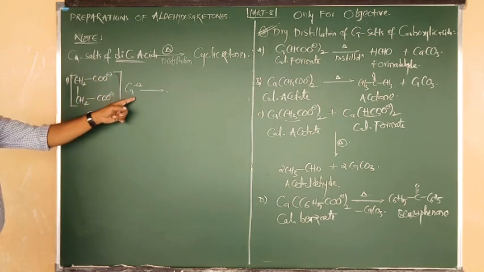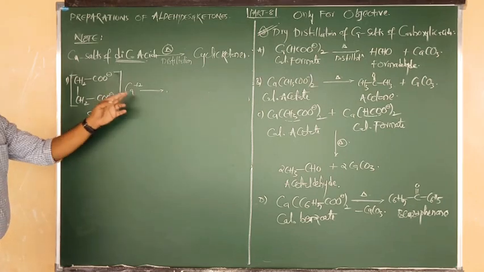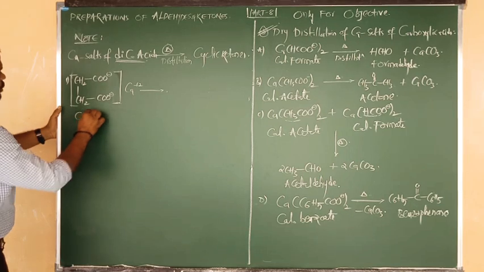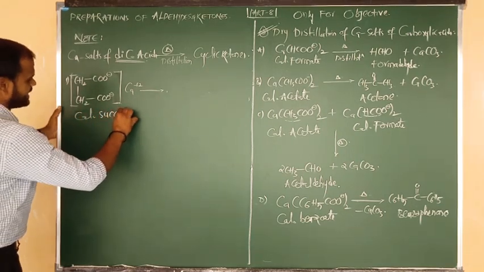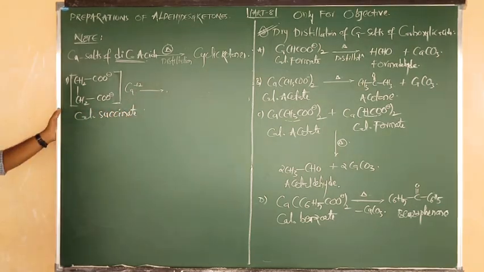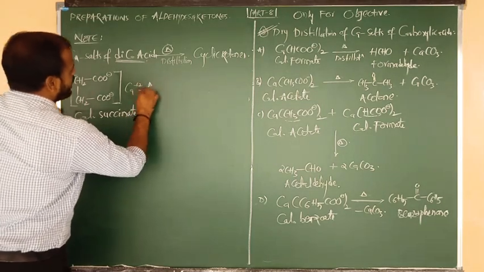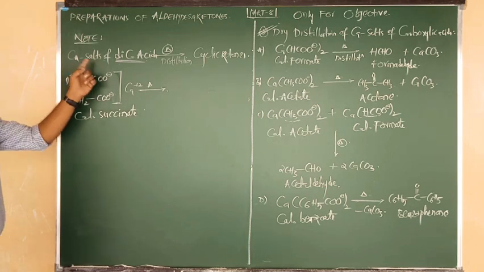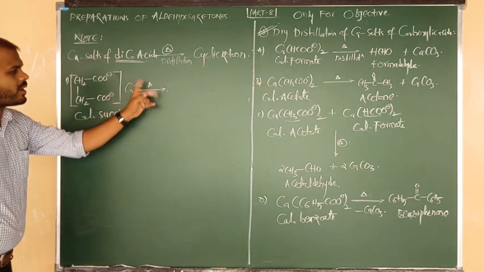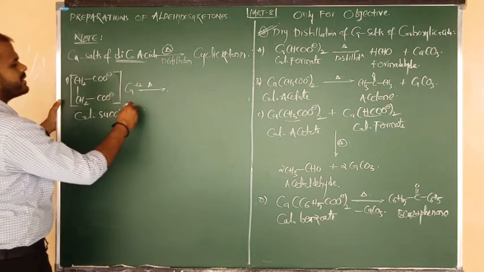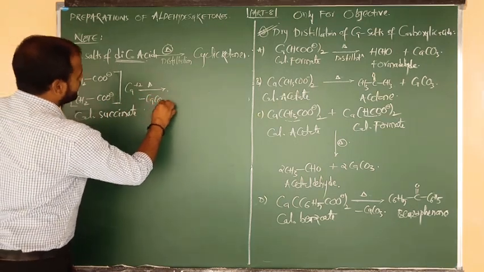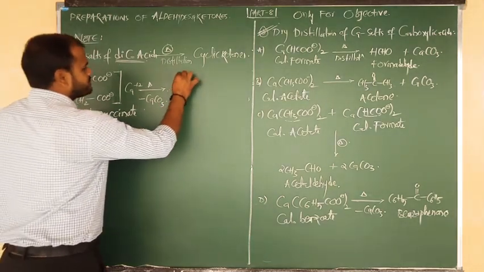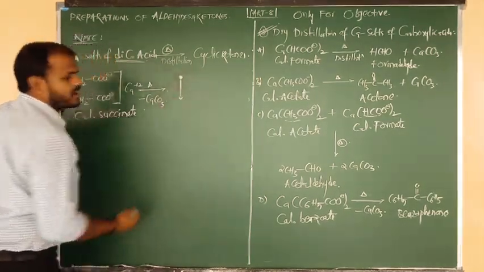Okay, calcium salts of dicarboxylic acid, or we can say calcium salt of succinic acid, the short name is calcium succinate. Upon heating it undergoes the process of dry distillation. How to do dry distillation? Calcium salts of dicarboxylic acids upon dry distillation, when calcium is there, it is removed in the form of CaCO3, remaining CH2 carbon, CH2 carbon.